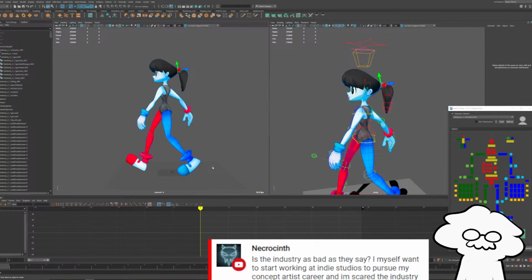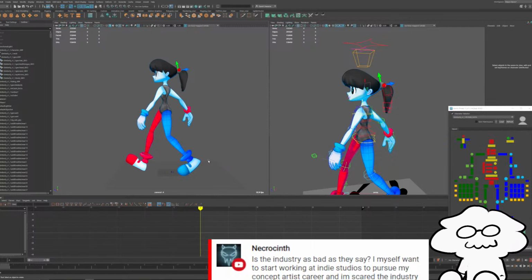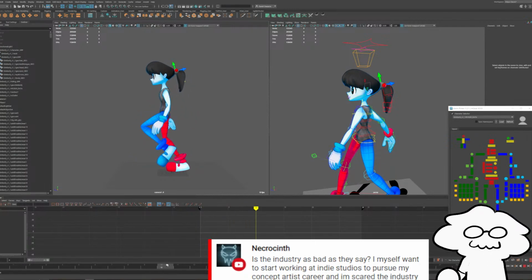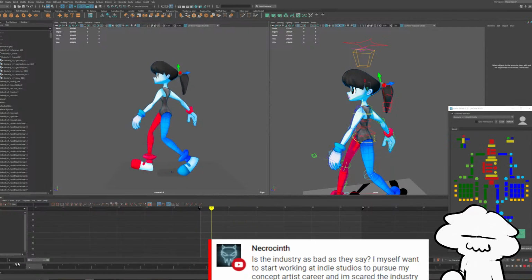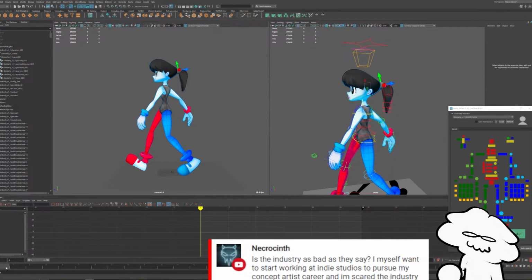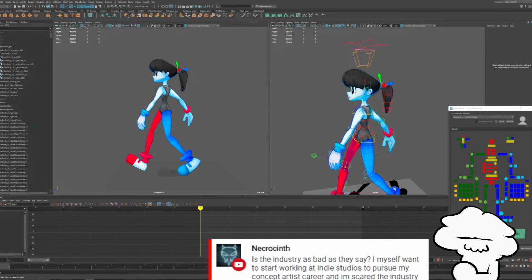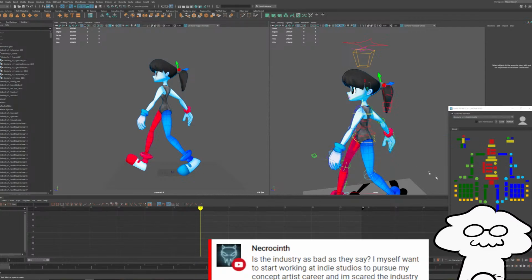Generally, most mobile game studios I've both heard of and the ones I've worked at are very chill. And in the animation industry, children's animation is very chill. You don't tend to have a lot of crazy expectations on you when you work in children's animation and in mobile game studios. So I would say the industries can be as bad as they say, but in my experience, it tends to be mostly just in AAA games.